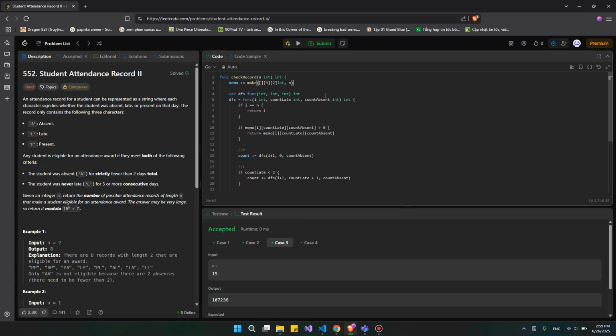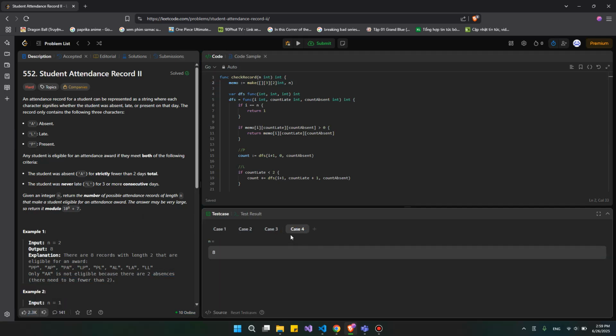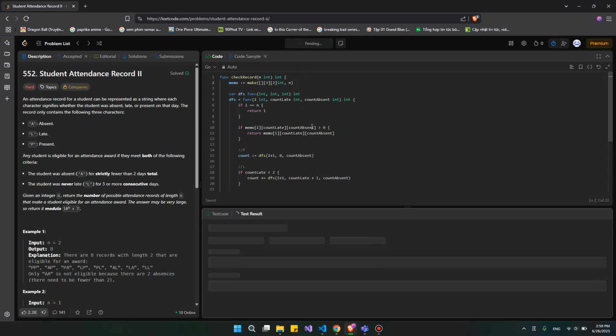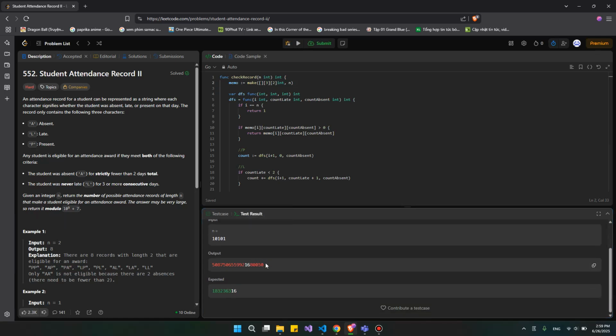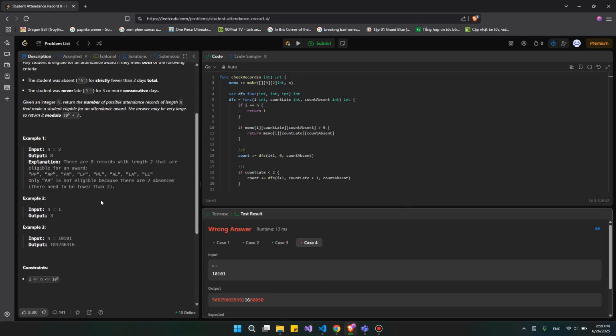When we check with a bigger number, yes, the result is wrong because we haven't taken the modulo by